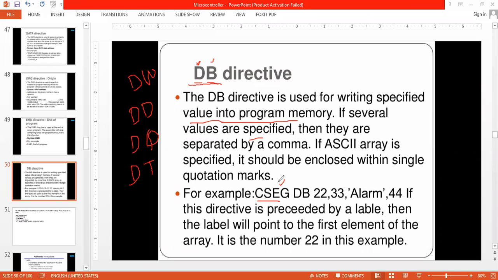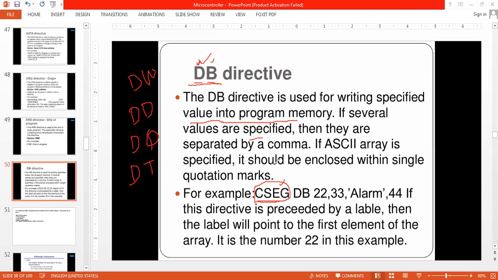You might know about arrays, right? An array is a group of numbers. Here also, a group of numbers is assigned to one name by using the directives DB, DW, DD, DQ, DT.